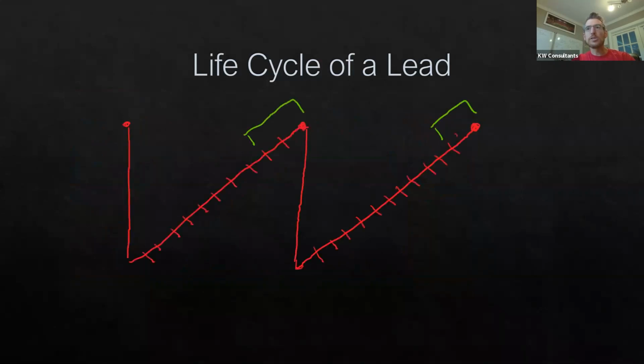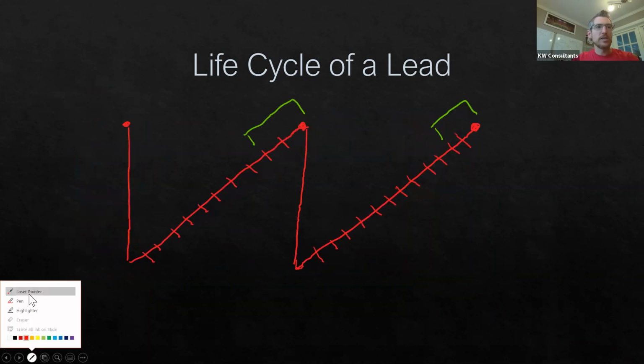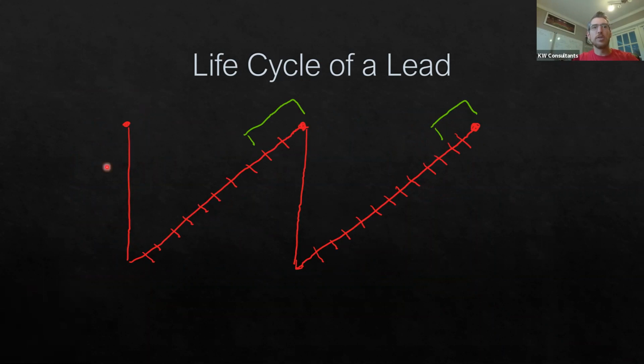And so this is really the second way to put this into graphical form. Basically what we're representing here is the life cycle of the lead from the perspective of this right here at the top of this point, which is going to represent the first time that somebody buys a home.